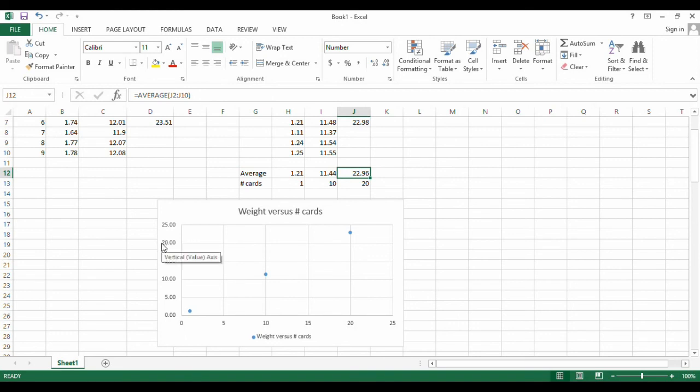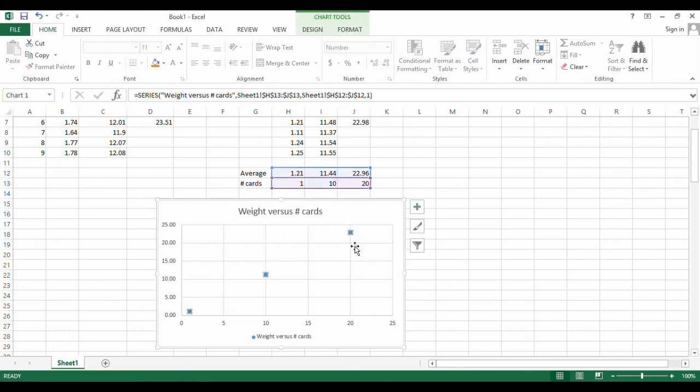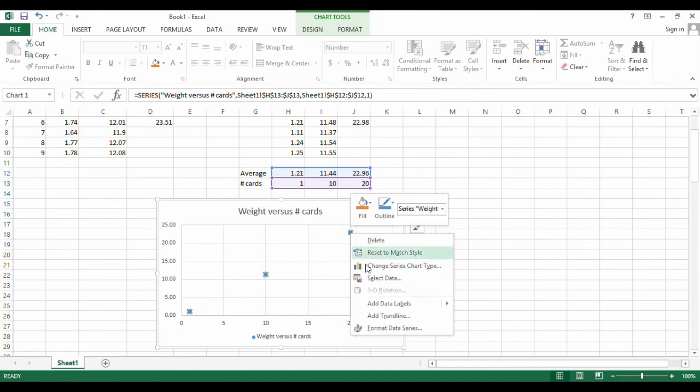I should go in and label these graphs: this side is in grams and it's the weight, and this is the number of cards with no units because it's just a number. It's counting how many cards we have. I guess you could say the units are cards, but one of the last things that I wanted to show you was how to make a best fit trend line in Excel. Now that we have this nice pretty graph, we can have Excel generate a best fit line for us. So we'll right click and go down to add trend line,